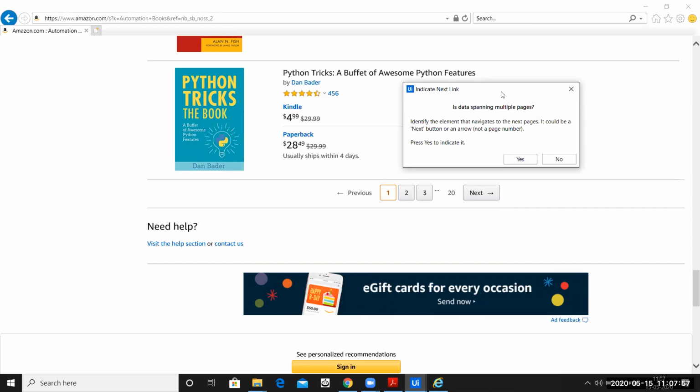Yes, of course, the data is available in multiple pages. You can see here page 1, page 2, and page 20. Now it says if the data is available in multiple pages, make sure you click on the next button or the arrow. So basically we want to click over here and automatically it will scroll to the next page and scrape the data from there.